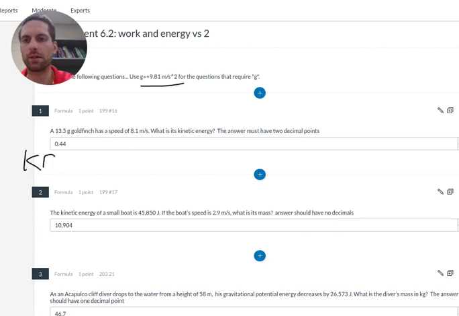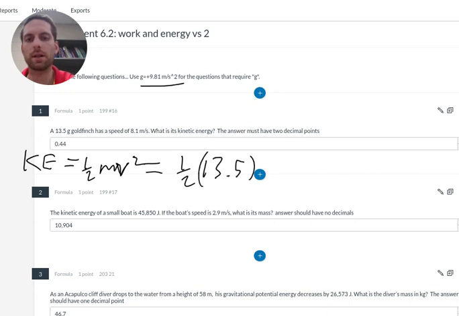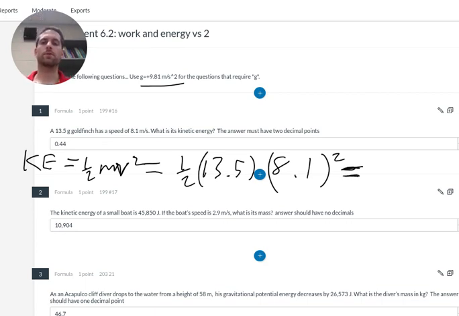So kinetic energy is 1/2 mv squared, which is 1/2 times 13.5 times 8.1 squared. That's going to be our value. To get that answer, we can do 0.5 times 13.5 times 8.1, then squared, or times 8.1 again. And I'm going to get